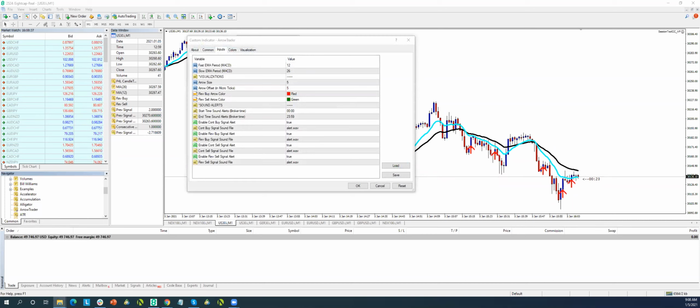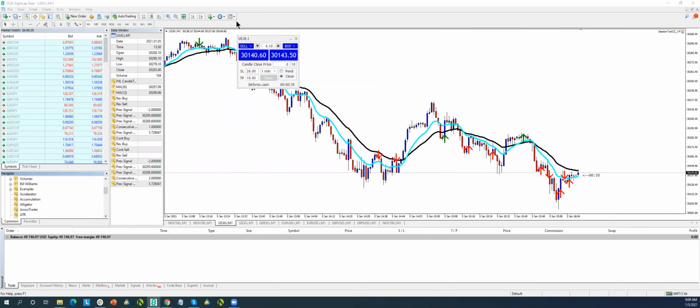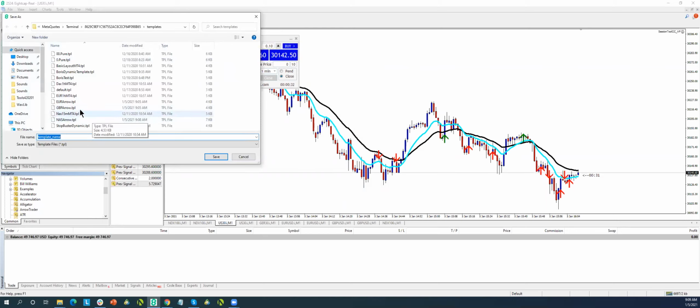And here in our sounds, let me just make sure I have this right. For the generic sounds, I did it as buy C, sell C, buy R, sell R. So buy C, reverse buy is buy R, sell C, and then sell R. Okay, and we can keep this as, let's just say, save template as